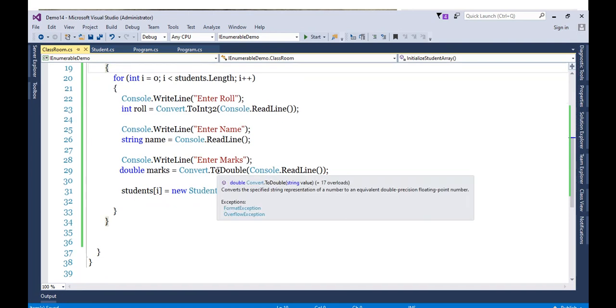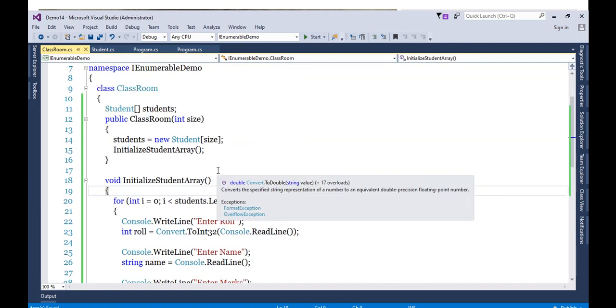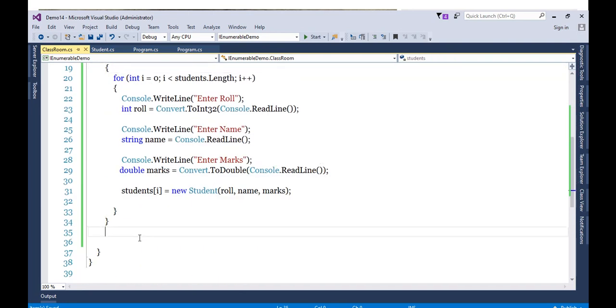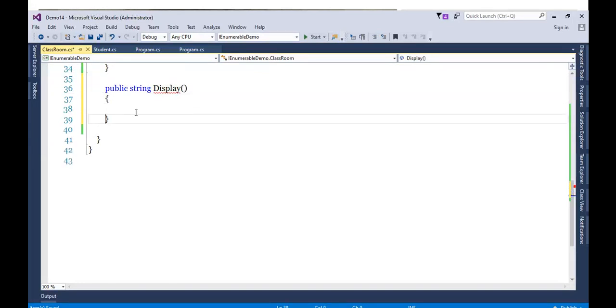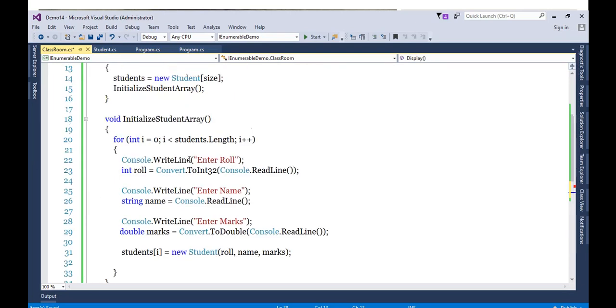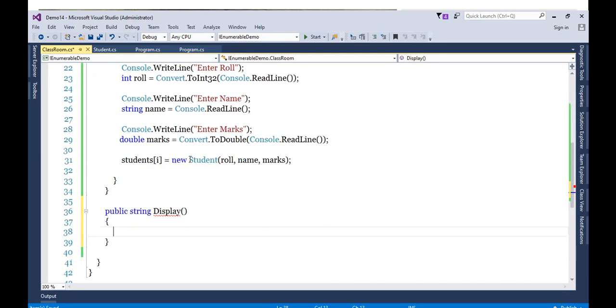So how am I going to display this? Any idea?